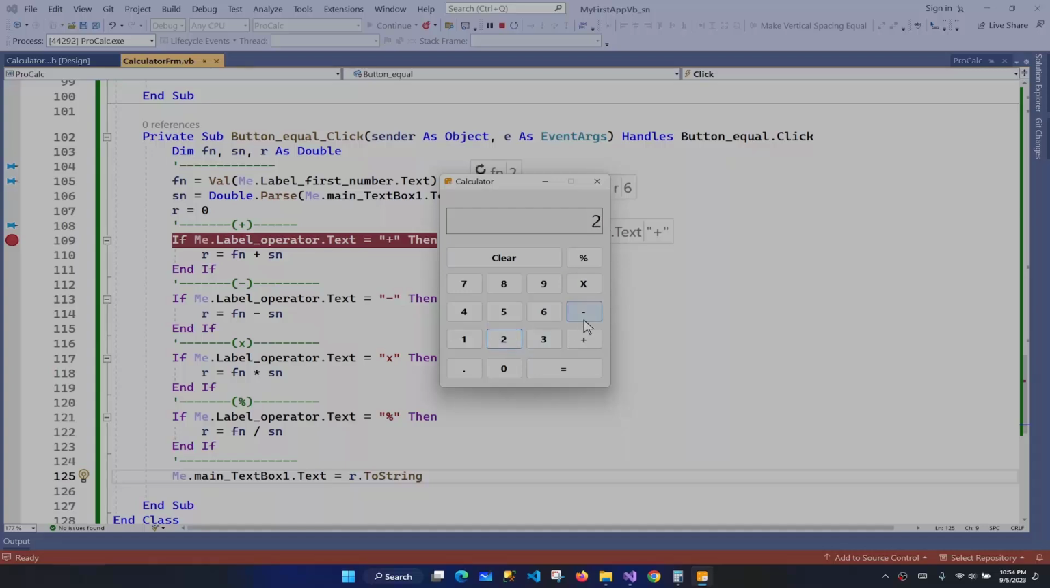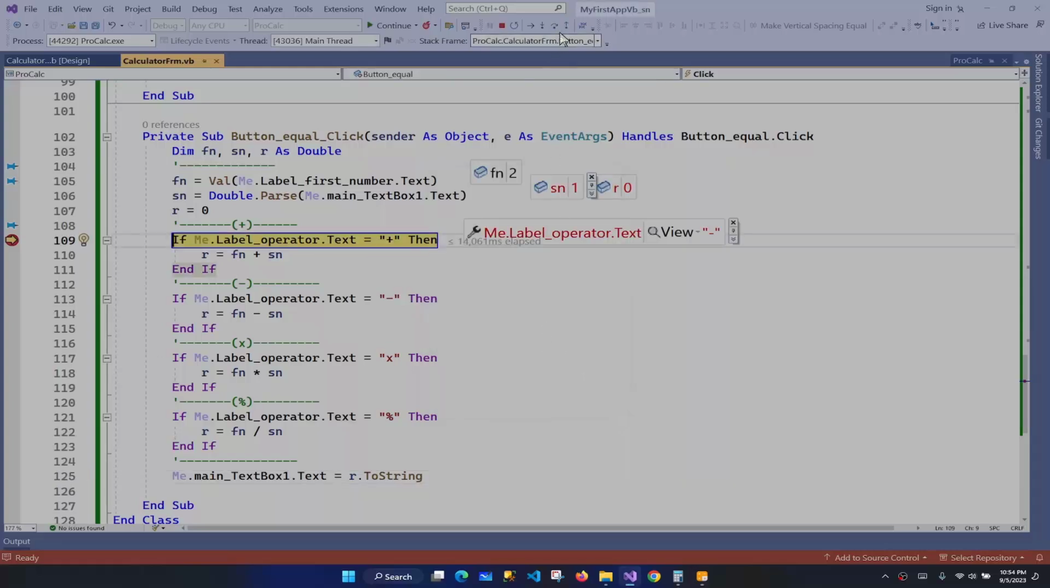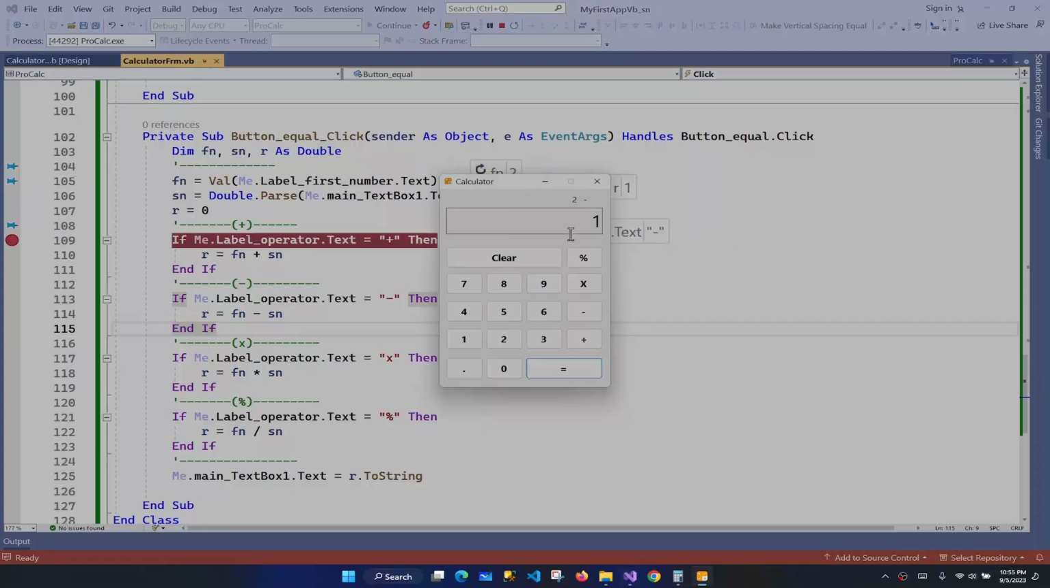So 2 minus 1 and equals. So the next one is this one, and the R equals this number 1. 2 minus 1 equals 1. And the minus sign is this one. So continue. And the result is this. Also, let's check it with the decimal numbers. Something like this. For instance, 2. Let's change it to something else. For instance,